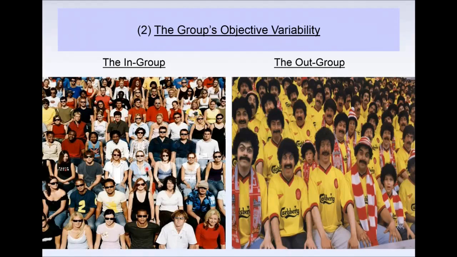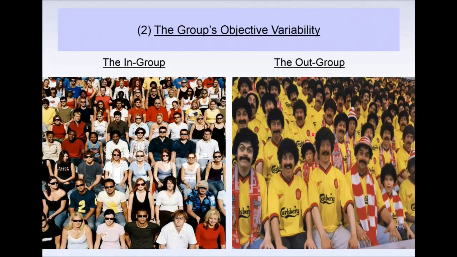That these people, by their clothes, although a lot of them tend to be wearing sunglasses here, I've noticed, by their clothes, by their demeanour, by the colour of their skin, etc., they are all heterogeneous compared to this group over here. So it brings us on to a second, less researched, but more obvious reason for outgroup homogeneity. People may perceive the members of a group to be relatively homogeneous because they are, in reality, actually relatively homogeneous. And again, this is similar to the Queen's Guard effect that we looked at the start.